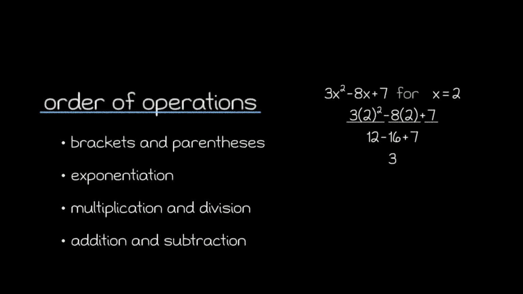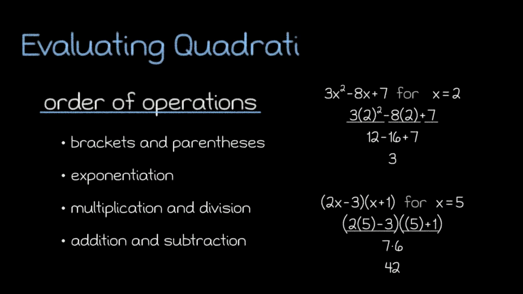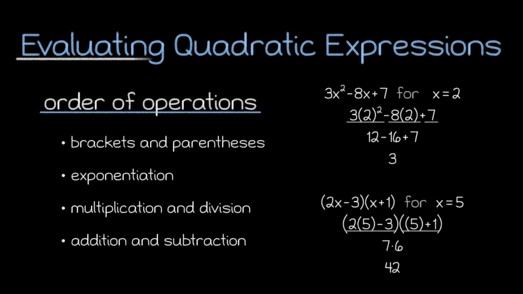Then, once we have a value for all three expressions, we can finish the problem off by adding and subtracting as necessary. In the factored form, the grouping symbols indicate that we have two independent expressions that we can once again evaluate individually. Then, once we have a value for each expression, we multiply the results to get our final value. No matter what form of a quadratic we're looking at, we'll pay close attention to the order of operations and how those rules can help us evaluate the expression in question.